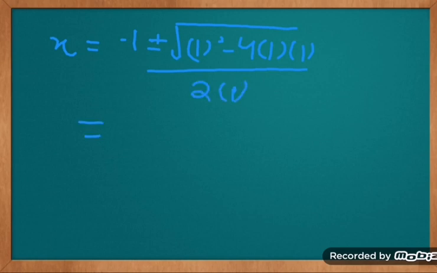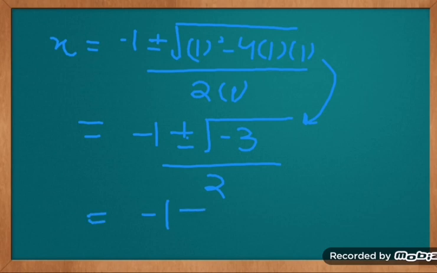Now this is equal to minus 1 plus minus square root of 1 minus 4, this becomes minus 3 divided by 2. Now after that, minus 1 plus minus square root of minus 3 is equal to square root 3 into iota divided by